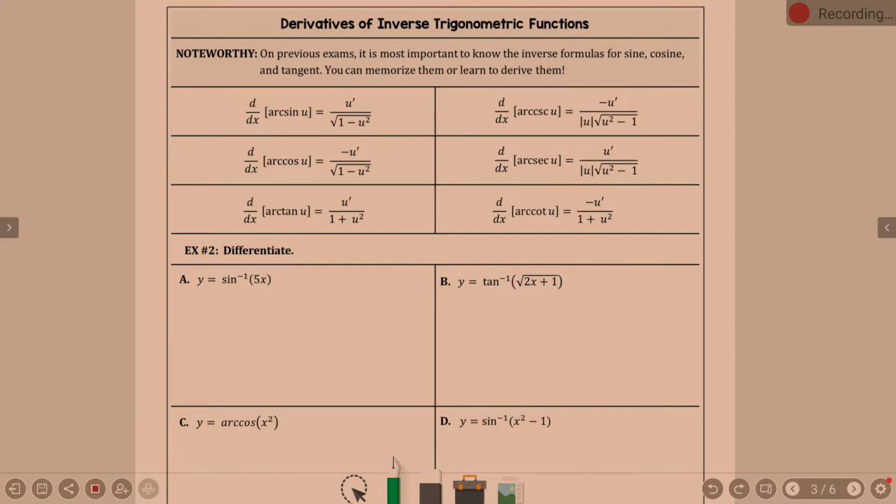So the idea is arc, and I don't know exactly how I want to put this, but the idea is that if you see y equals sine inverse of x, that's the same as saying